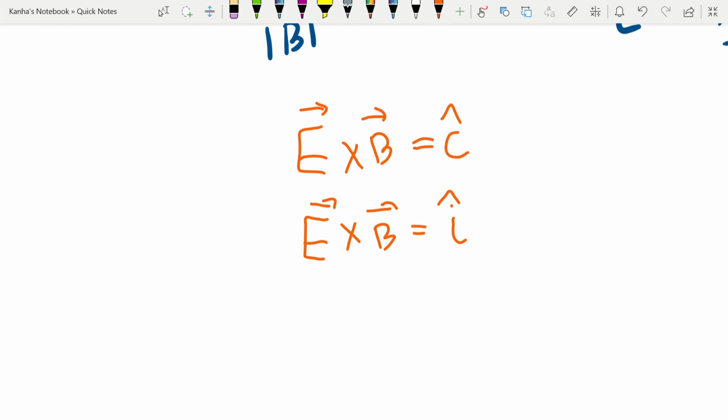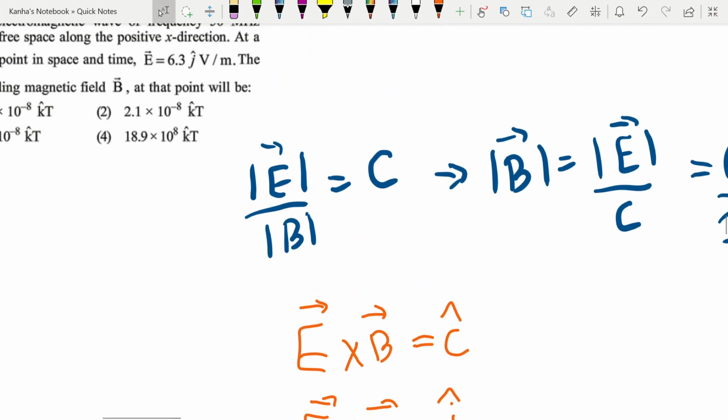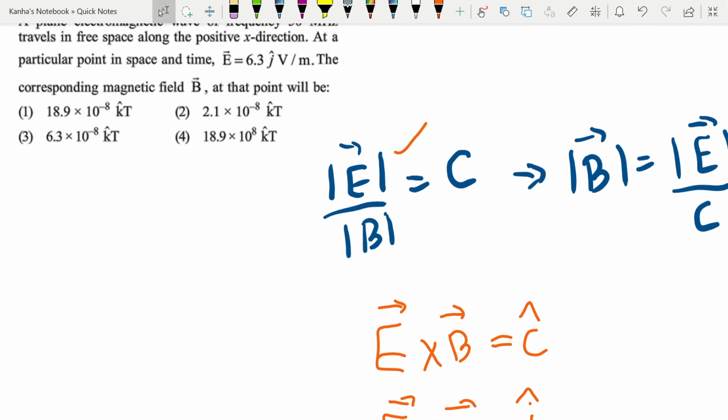So I can write B cap, the unit vector along B, is equal to the unit vector along K. So we got the direction from here and the magnitude from here. Using these two equations, your answer is 2.1 into 10 to the power minus 8 into K cap. This was an easier question because only 2.1 was given as the answer, but sometimes they'll give you the same 2.1 with maybe I cap, K cap, J cap, or minus I cap here. So you should note what the actual directions are.